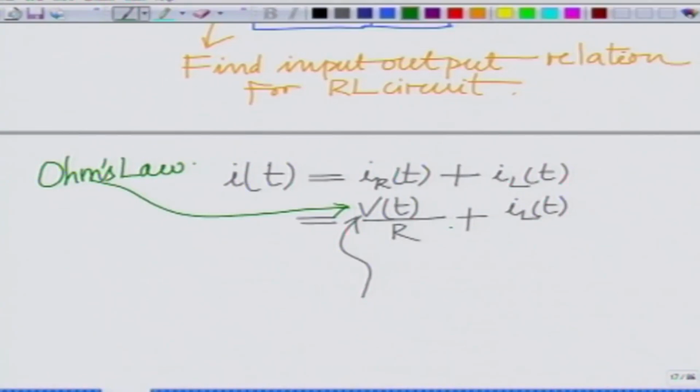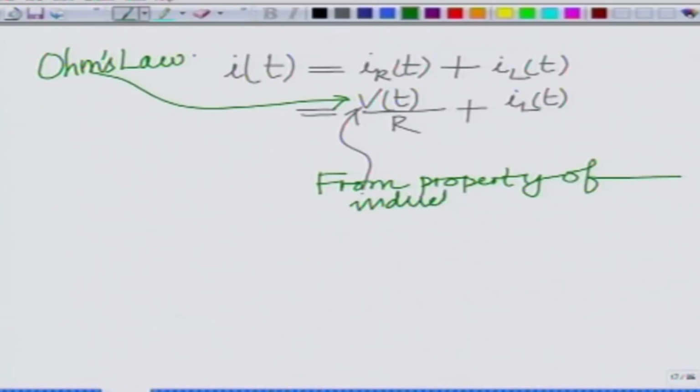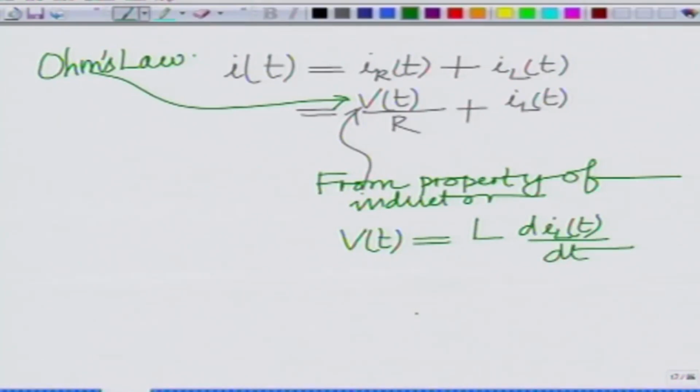Now, observe from the property of the inductor, we have V of t, the voltage across the inductor, is L dI_L by dt, which means I can write this equation as